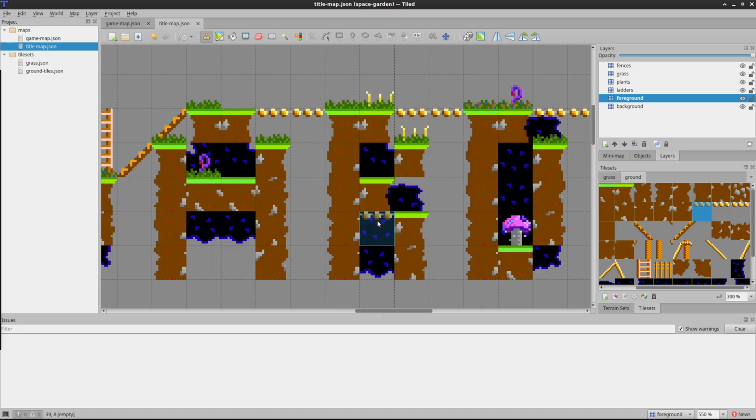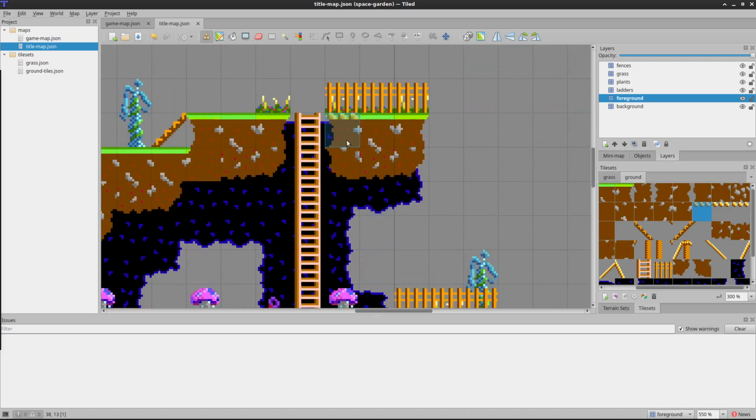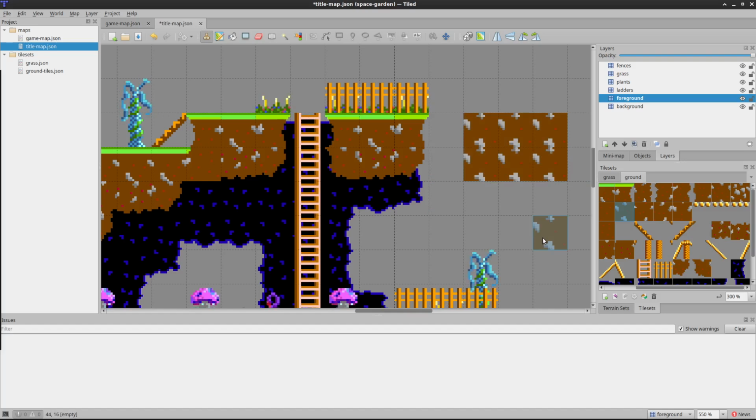Like, for example, I could build this piece by just taking... We are just doing it as an example here. I would paint it like this, and then tell the tile editor that hey, please beautify this one,